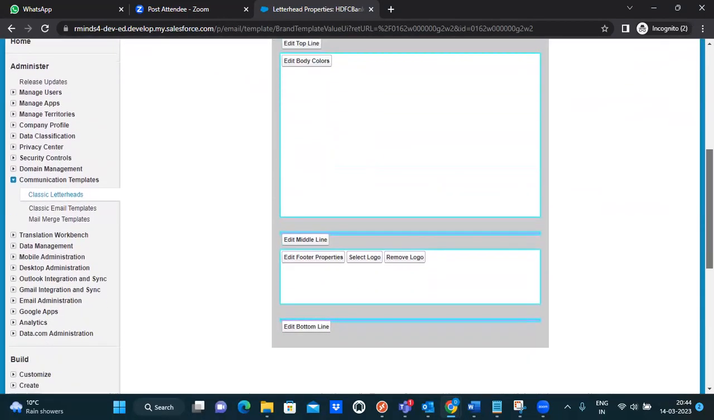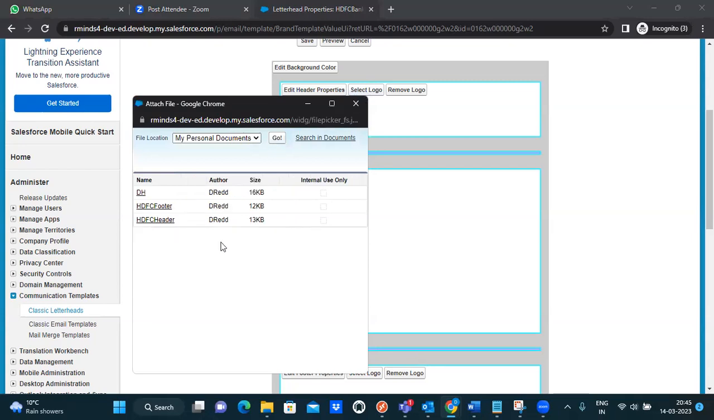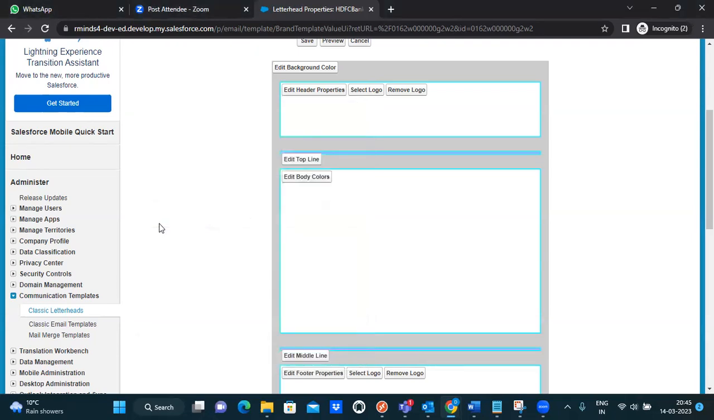Okay. So here comes our letterhead. Here we can select a logo for header, a logo for footer, and select the body style. So all this we can do. Let me take a header logo. I have downloaded a few images for HDFC Bank and uploaded them in my documents object as part of Salesforce Classic. So I'm using this particular HDFC header